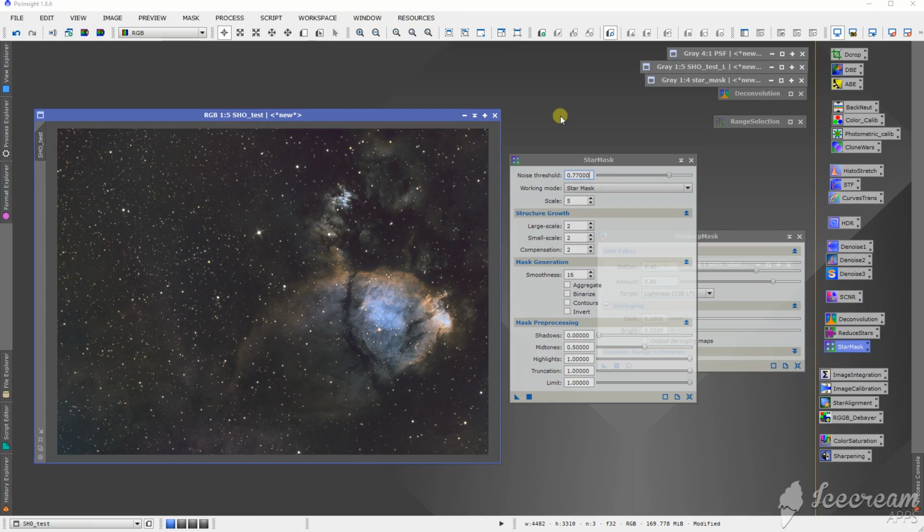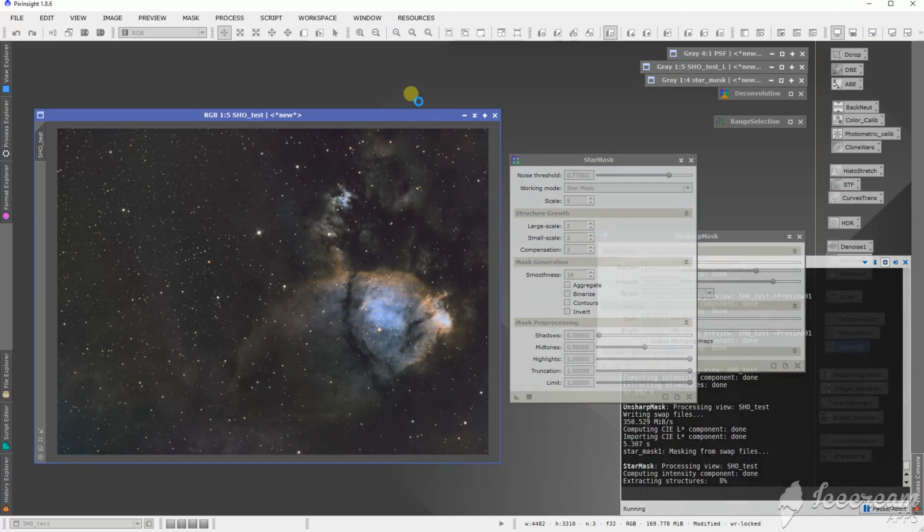I took a moment to dig a little deeper into the situation, and I found what's going on. So here's the Fishhead Nebula as it has been most recently. Turns out these are the values that I need to use for the star mask. So it's going to generate a nice clean star mask. Let's let that run, and then we'll get back to the unsharp mask,